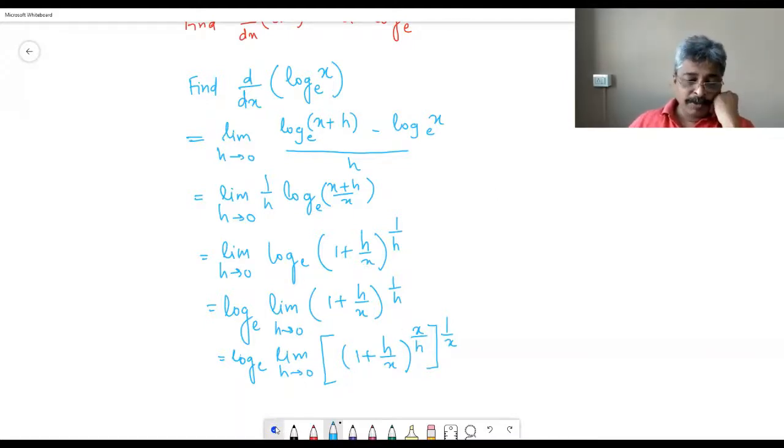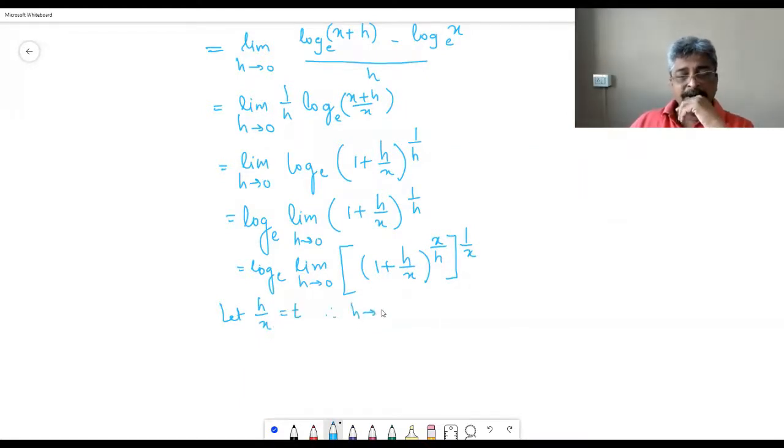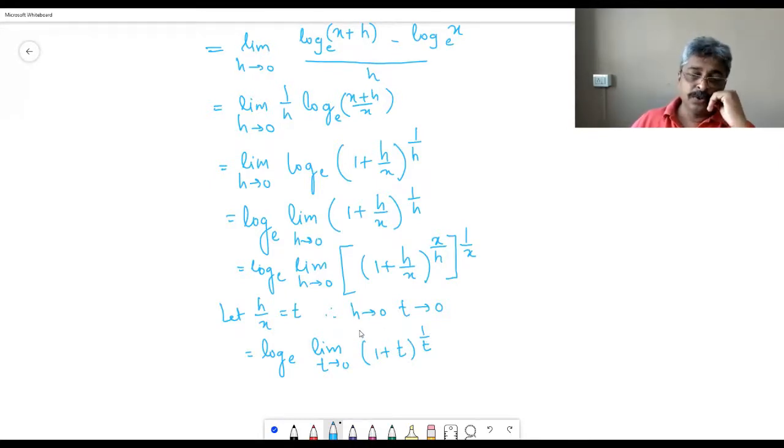Now, maybe because we are doing it for the first time, we substitute. Let h by x be equal to t. Therefore, as h tends to 0, t tends to 0. Correct? Therefore, this becomes, sorry, not limit, logarithm: log to the base e of limit t tends to 0 of (1 plus t) raised to 1 upon t, whole raised to,